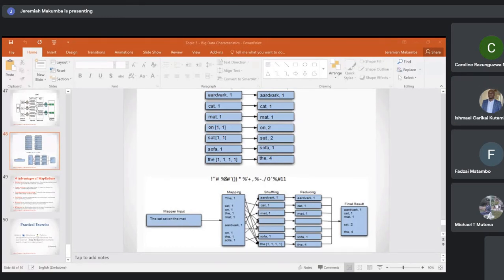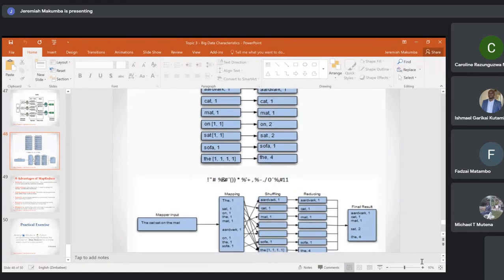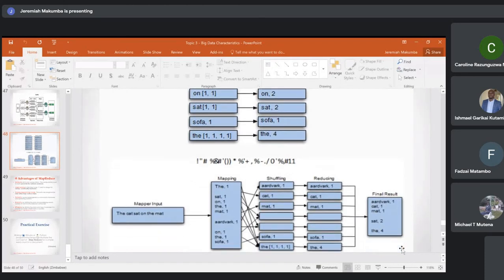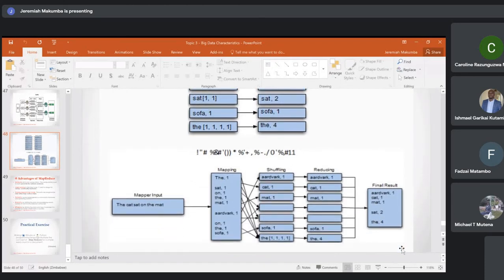So I think the input, where we have the sentence, "the cat sat on the mat." Then it goes through to the mapping section, whereby we are counting the number of words in the sentence. The first word, "the", is assigned a count of 1, and each word likewise. Then we go to the shuffling part,